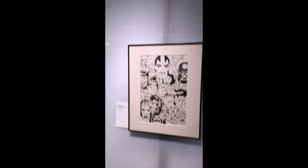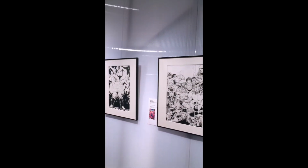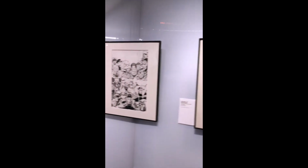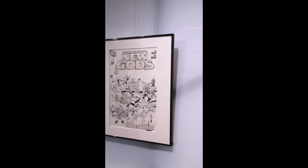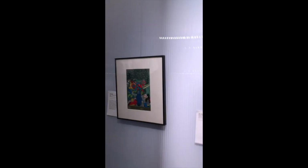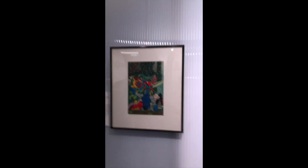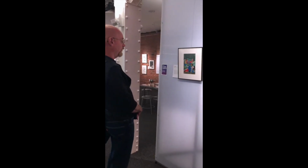Here was the most troublesome story I ever worked on, The Death of the New Gods. Everything that could go wrong with this story did go wrong. I guess there've been some worse ones, but this one gave me the most nightmares. And this is from a book called The Cosmic Odyssey that Mike Mignola ended up drawing. I was going to draw it, and for some reason, which escapes me at this point, I didn't have the time or what have you, and Mike ended up